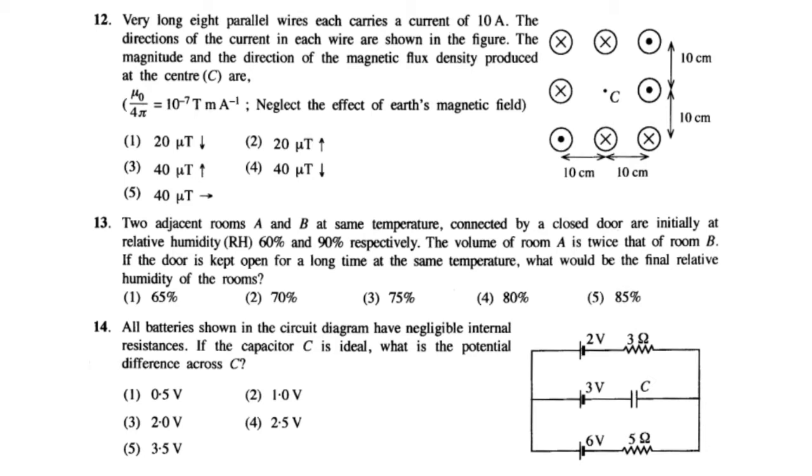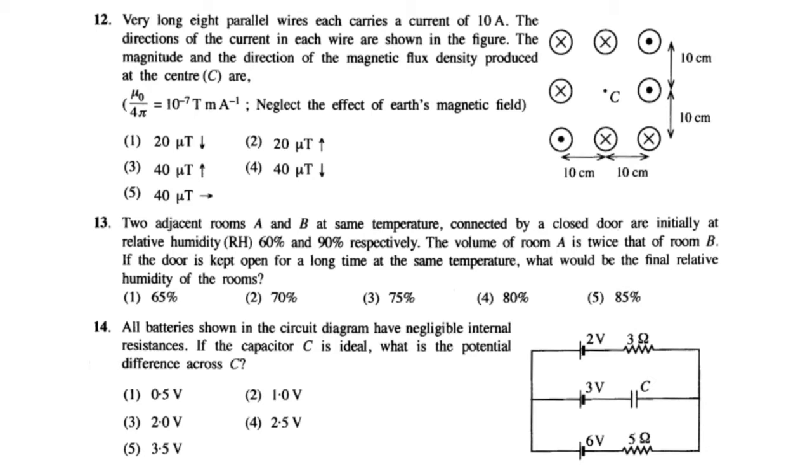Then 3 and 6, same, they are carrying current outside the book, so you have to point your thumb upward, and the other 4 fingers are turning anti-clockwise. So you can see the direction at C due to these 2 wires, they are opposite in direction. Magnitude is equal, so we can ignore those 2 wires.